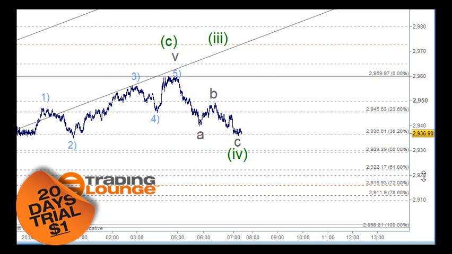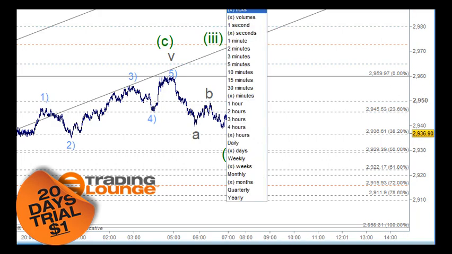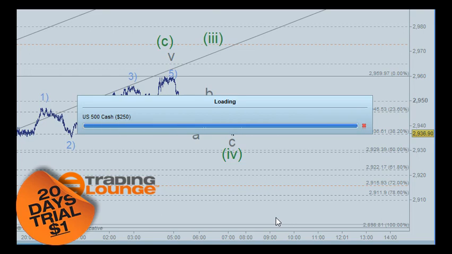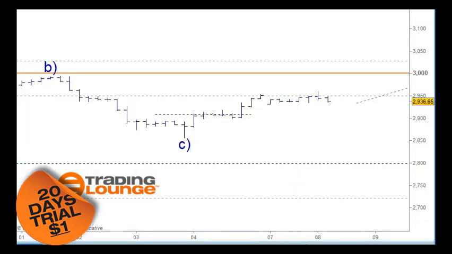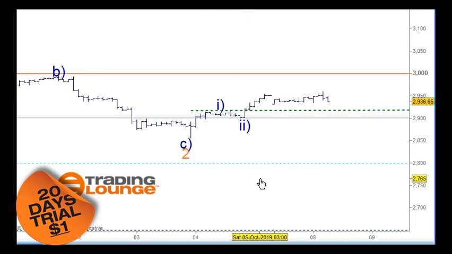So if the 29.20 becomes the retested resistance, then we know that we're bearish at that point. And then if we start moving back up here and gaining support on the 29.50, then we know that we're bullish at that point, and we can start looking to the upside at that stage, which will be,